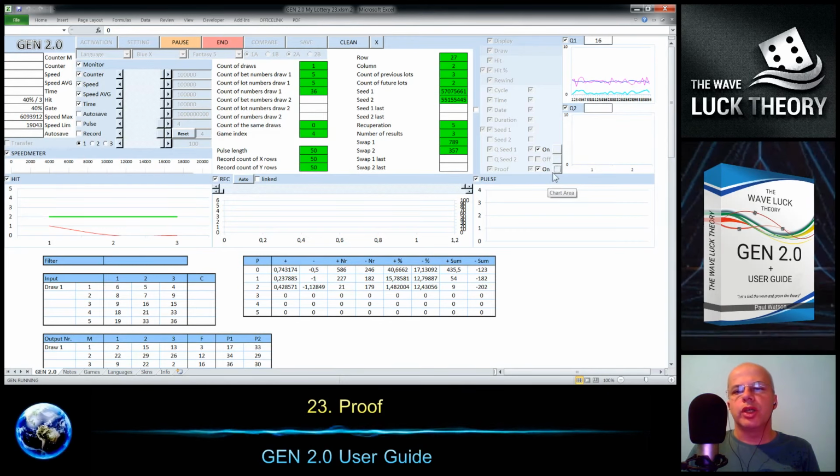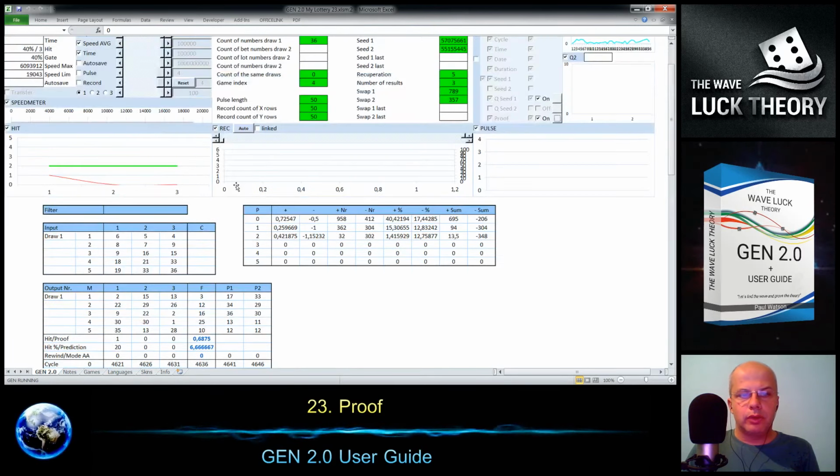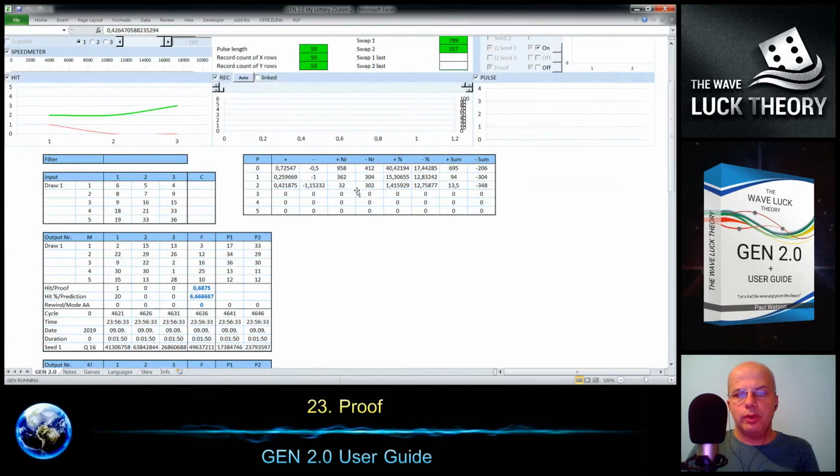So you don't need to do it actually. One thing I will do is switch it off and continue,